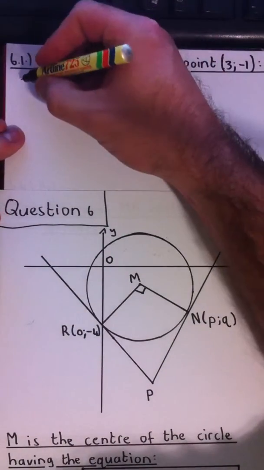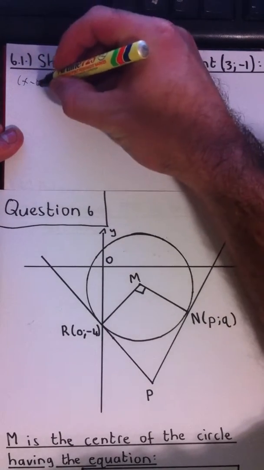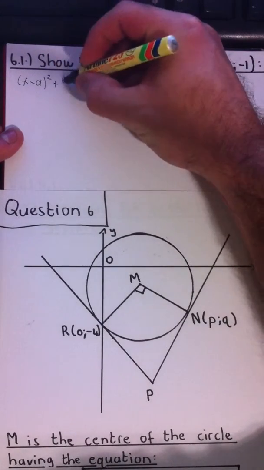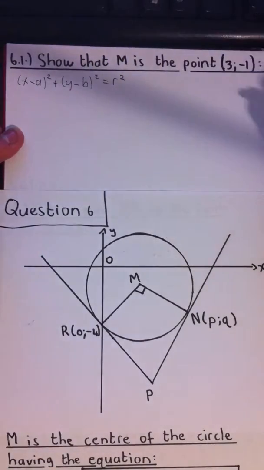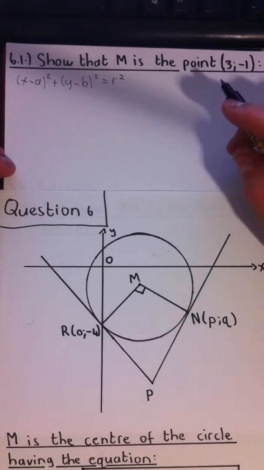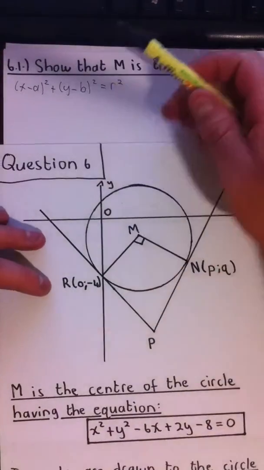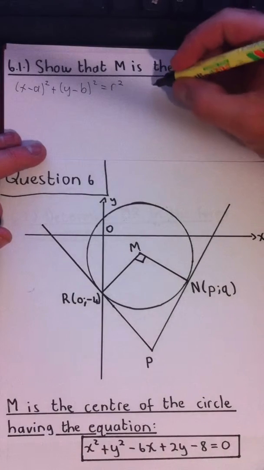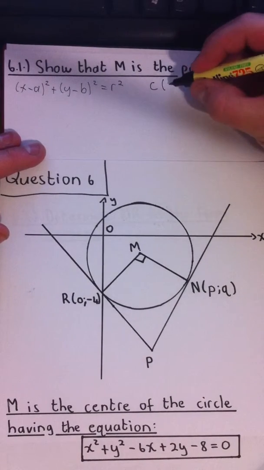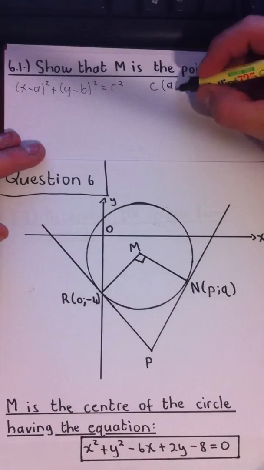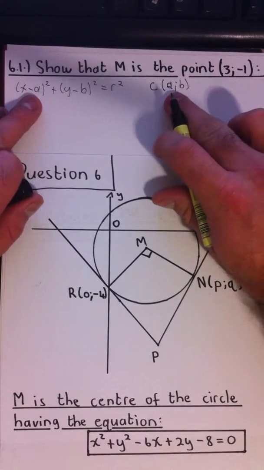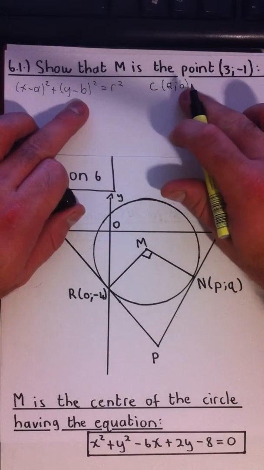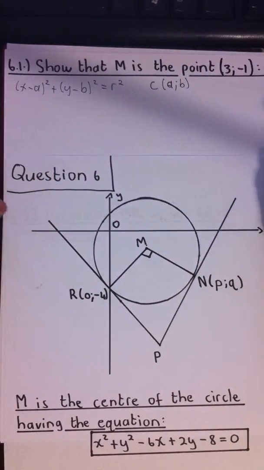We know that the basic equation of a circle is (x minus a) squared plus (y minus b) squared equals the radius squared. We need to get this equation into that form because the center of the circle, let's call it C, has the value (a, b). So in x minus a, the a value would be the x coordinate of the center,